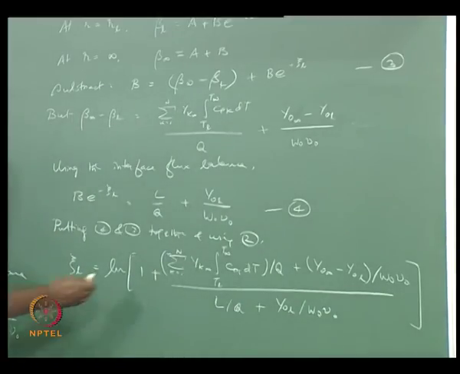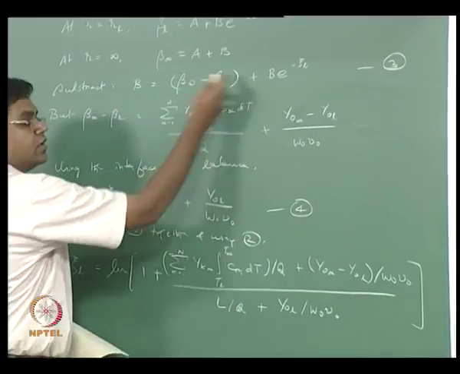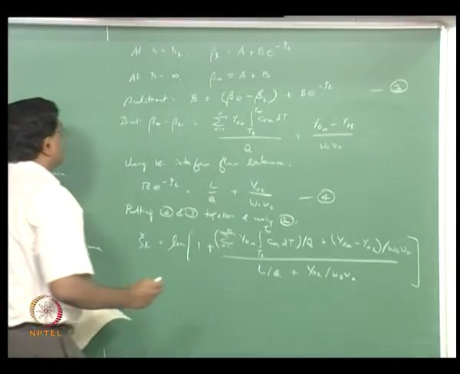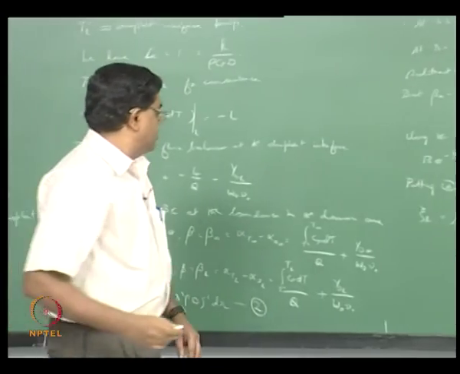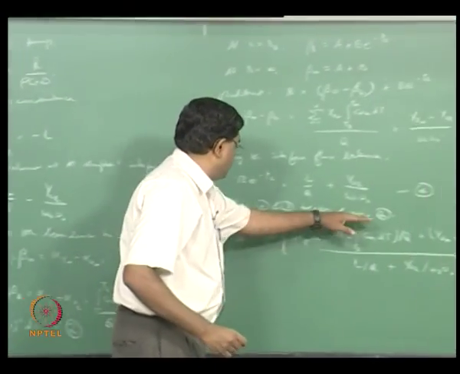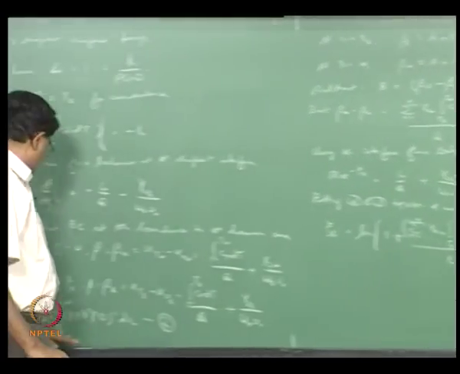And this 1 plus was coming because you had a B and a B there, so you could have a 1 plus. So that's the mathematics, and then in this you now use 2 because psi L has this definition,